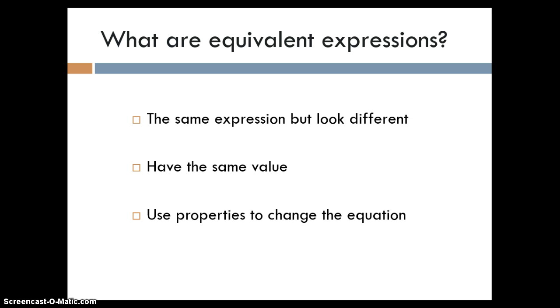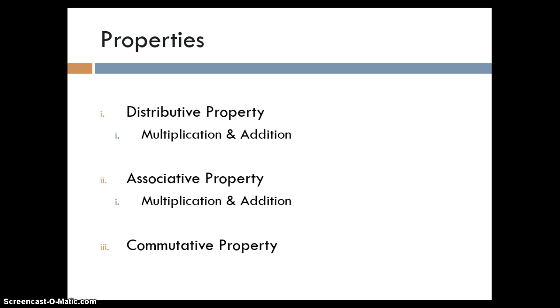What this means is you are able to change an equation to look completely different than before using three properties, but in the end they will have the same value. So those three properties are distributive, associative, and commutative. Distributive and associative both have multiplication and addition properties inside them. They both have formulas. So we'll go ahead and look at distributive first, which is probably the most difficult out